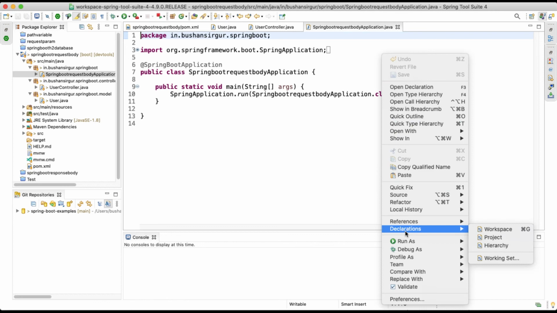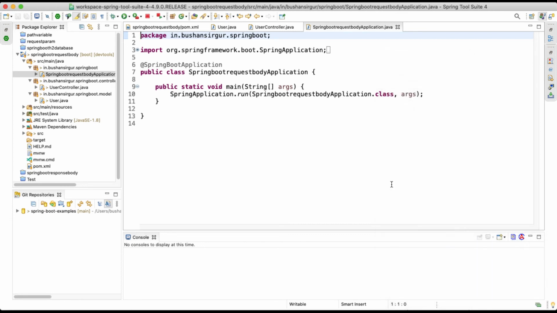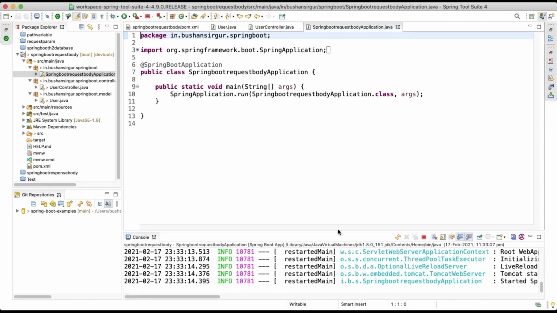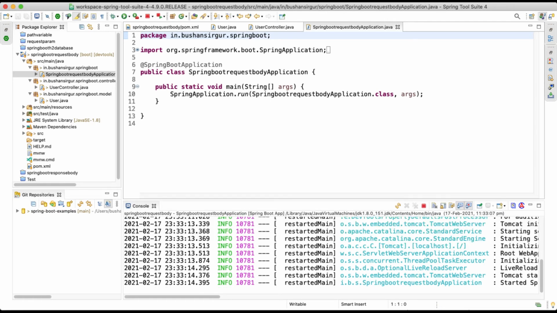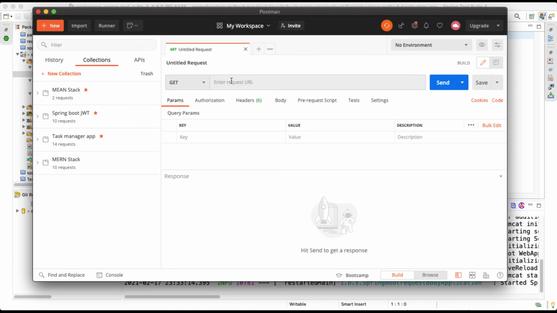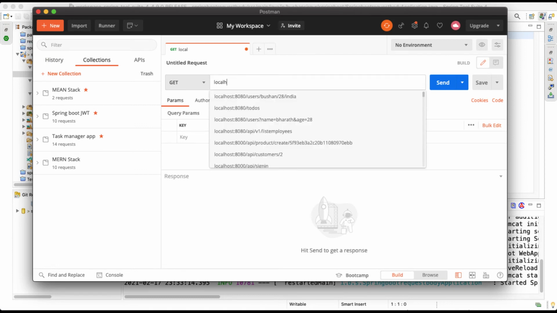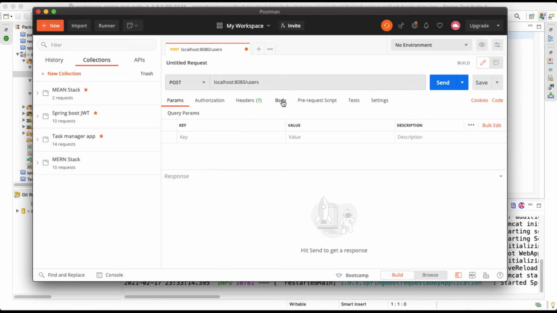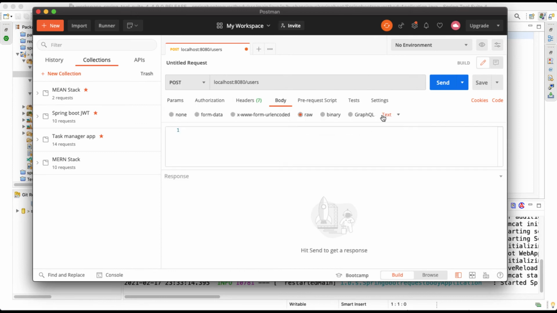So let's test our work. Alright, the application is started. Let's open Postman. Localhost:8080/users. Let's change the request type to POST, go to the body, choose raw and select JSON.